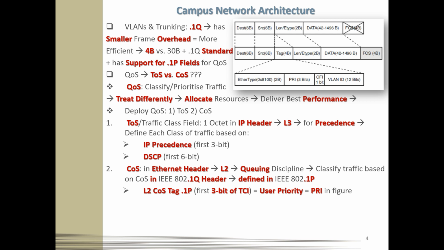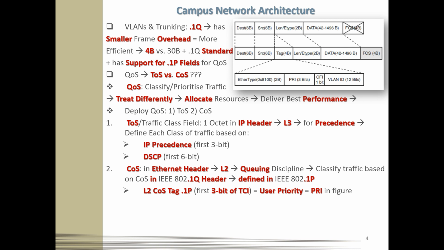To be more precise, it's inside the IEEE 802.1Q tag that we see the CoS value, equivalent to user priority or priority, as you can see in this figure. So priority is a layer 2 class of service, CoS tag